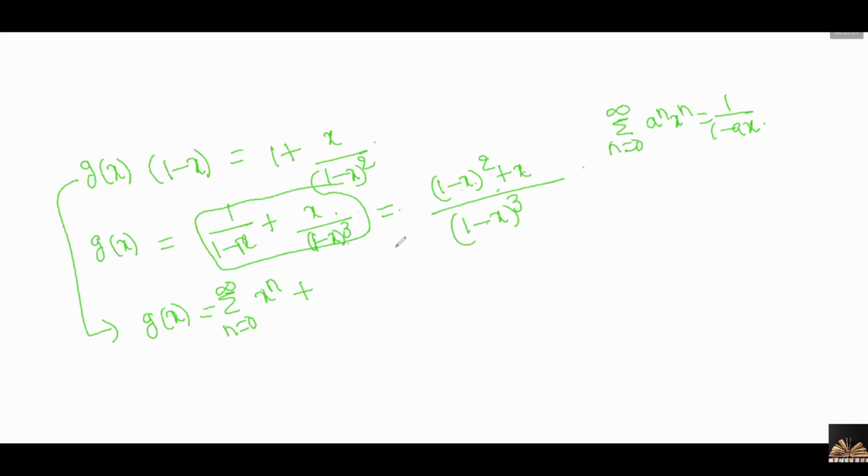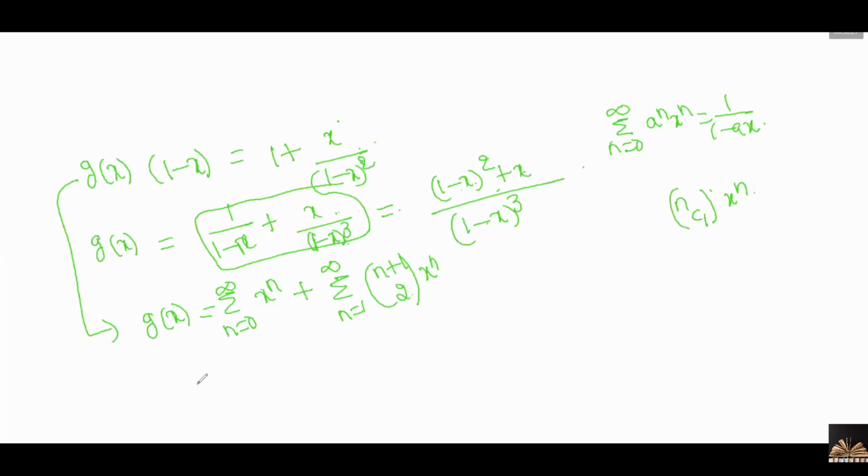Is equal to what we have written before this step. What is the step before this? x by 1 minus x equal to summation of n choose 1 into x power n, right? Now it is x by 1 minus x whole cube. So it is equal to summation n is equal to 1 to infinity n plus 1 choose 2, or you can write n plus 1 c2, into x power n, right?